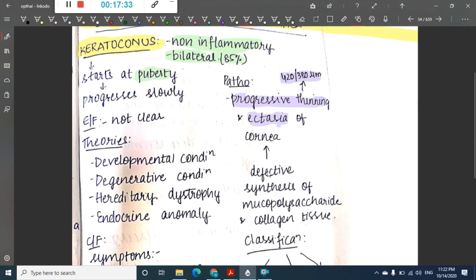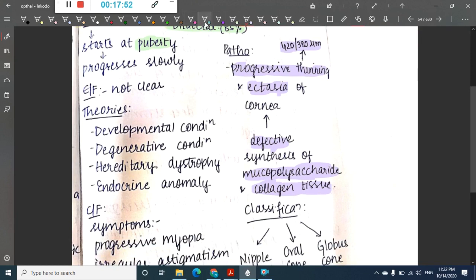Why is there this thinning? This thinning is mainly due to the defective synthesis of mucopolysaccharides and collagen tissue. Because of defective synthesis of mucopolysaccharides and collagen tissue, this can cause progressive thinning and ectasia of cornea. So if you see the developmental theories which are available for this keratoconus,